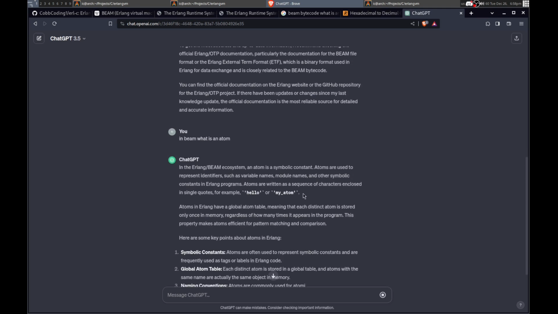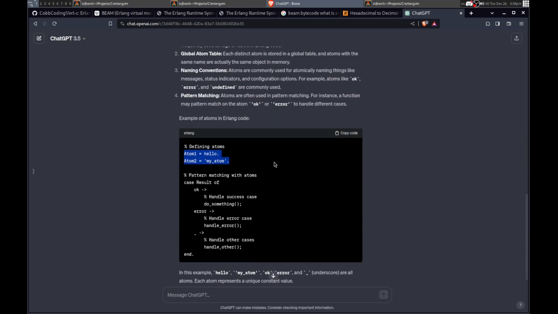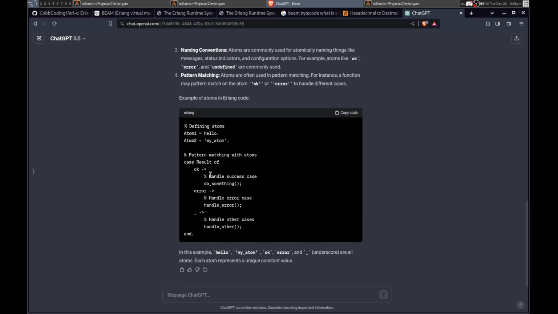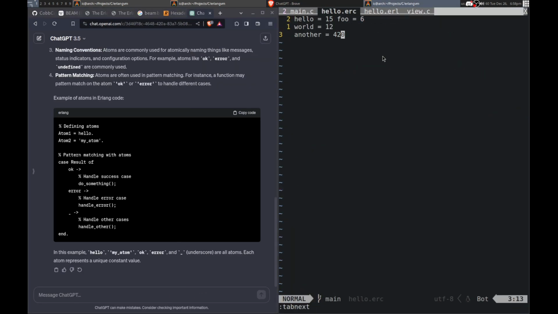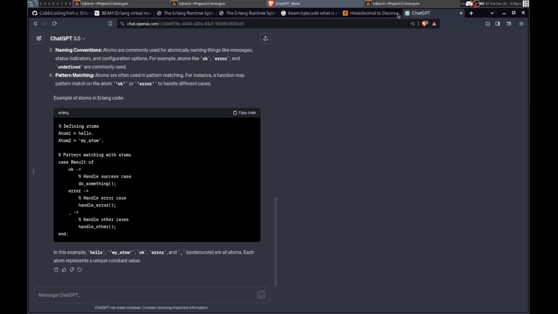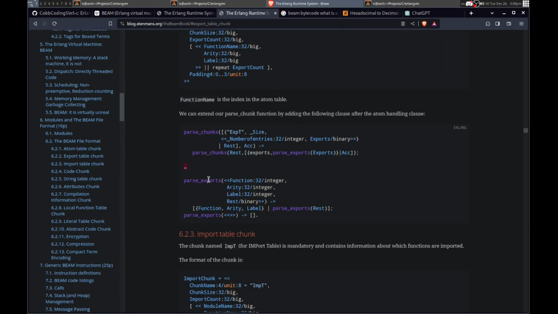Let's see. Symbolic constant. Okay. Alright, so that would be something. So that would be, this, I suppose. The functions there? No, it's not functions. Because this is a function, so I don't know that we need to worry about that. And I think we just need that, right?